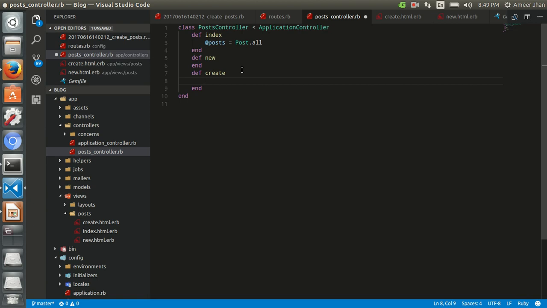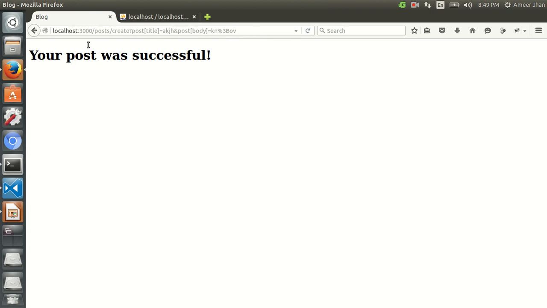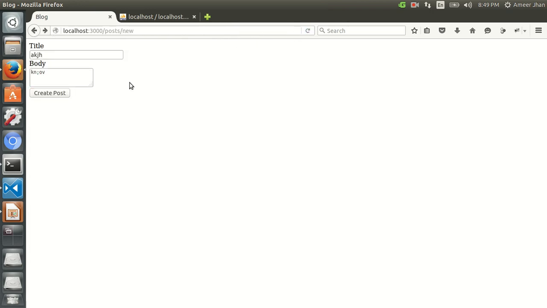So here we get the data from the form through a hash called params. So what is params? To inspect or know what params is, which is a hash, we type in byebug here, so that we can know what variables are available to us in this particular create method. If I save this one, go to my blog app, go back, reload the page, and click create post, it's going to hang there,